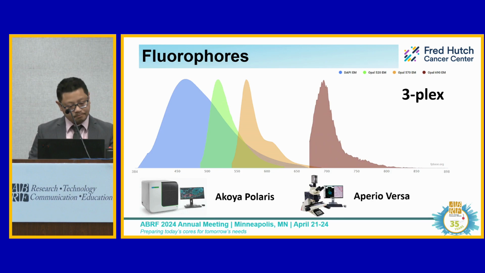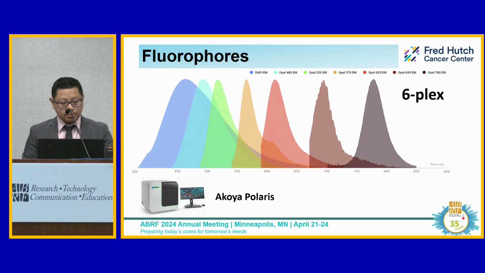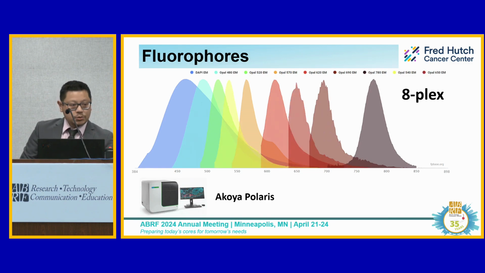overlap between them. But when we go to a 6-plex, we typically add Opal 480, Opal 620, and Opal 780. And this still leaves them pretty far spaced out. So we're only able to image this with the Akoya Polaris, however. And then when we do an 8-plex, which is 8 antibodies and our DAPI dye, we incorporate 540 and 650 as well. And with this, there's a lot more spectral overlap, so we have to do some manipulation with inForm